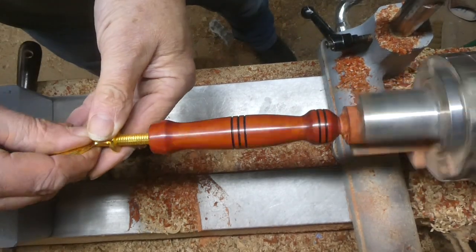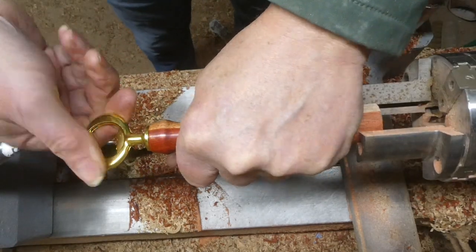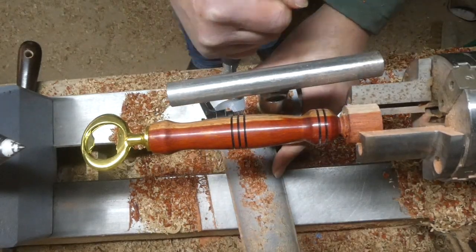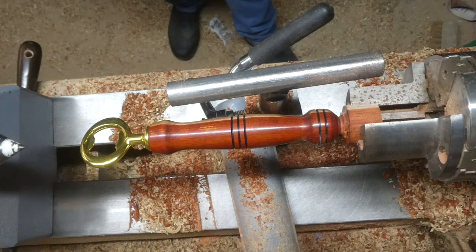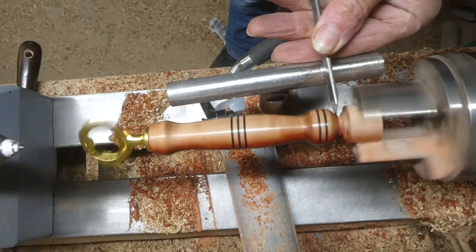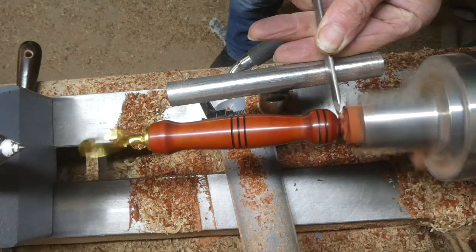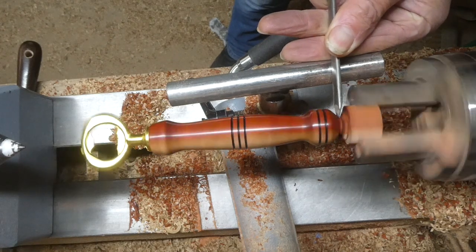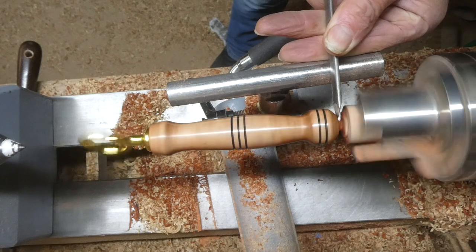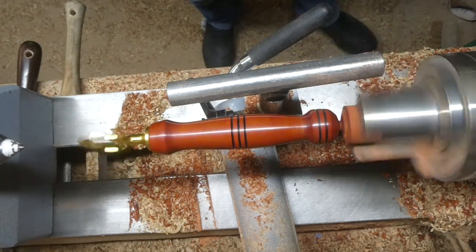Remove the tailstock. I'm just putting the metal part back in, just to make sure everything's okay. And then use the 1/2 inch parting tool to part off. And I like to do it with a parting tool because it leaves a much tidier finish, and then there's much less to